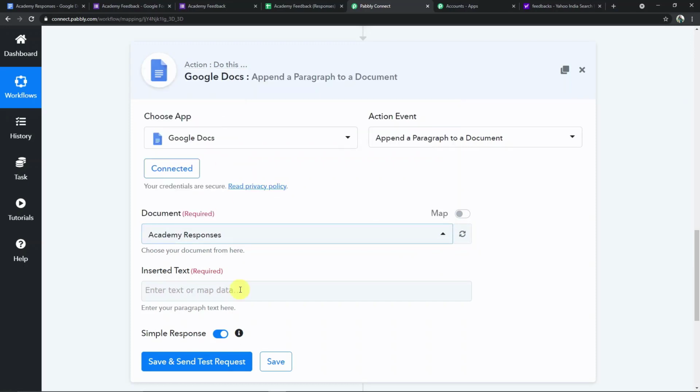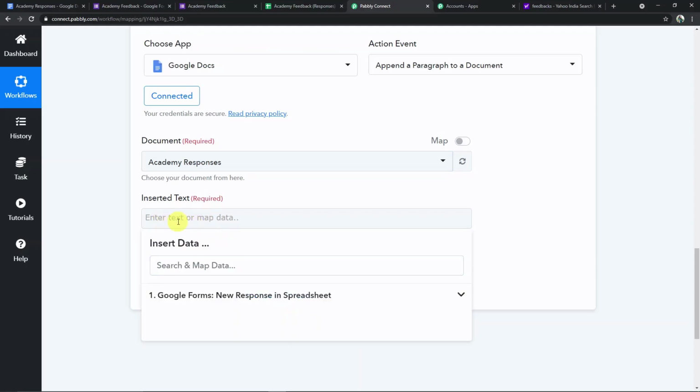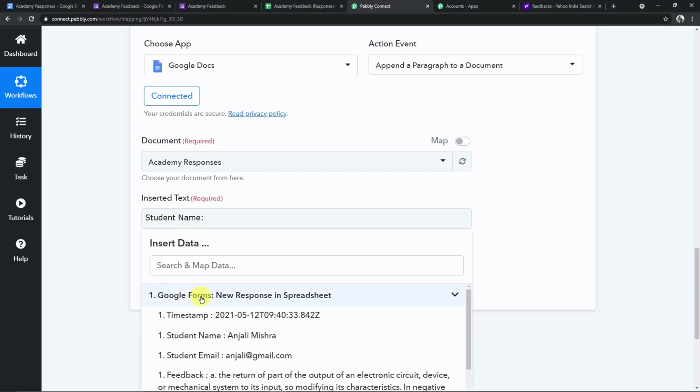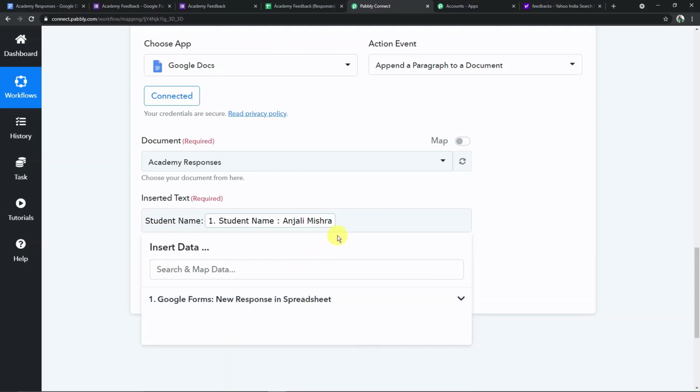I'm clicking on it, and here we have to map the data. First of all, write how you want the information to be captured. So first I'm writing student name, with a colon, and mapping it over here. Now I'm adding /n just to shift the next sentence to another line.